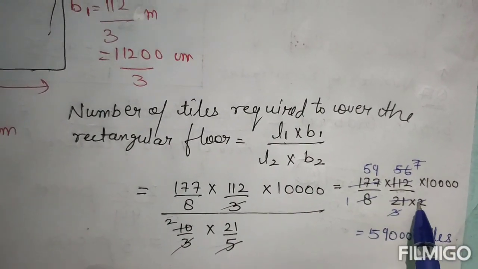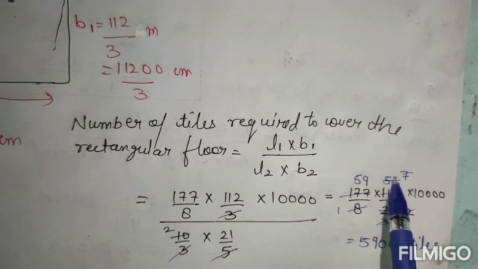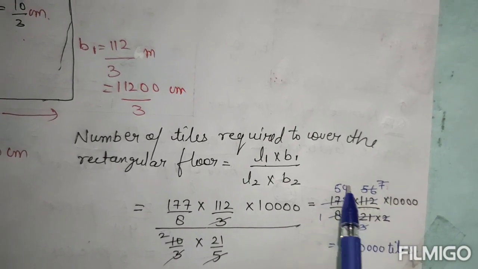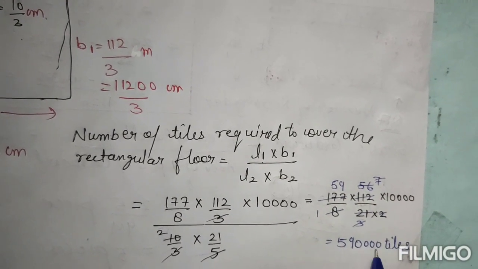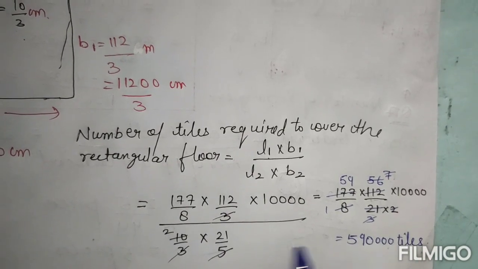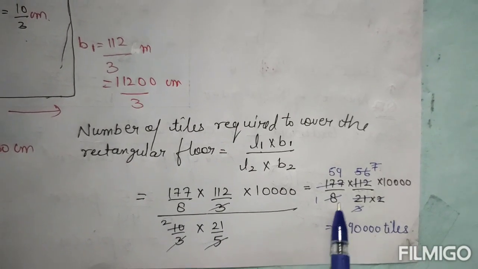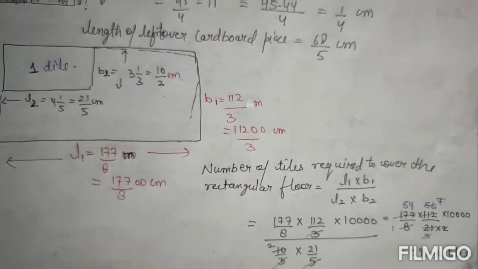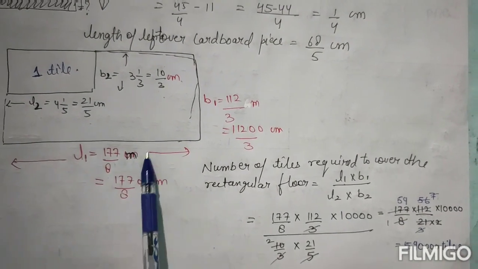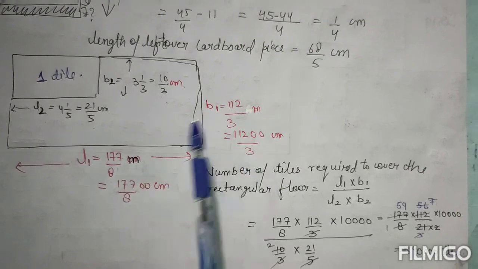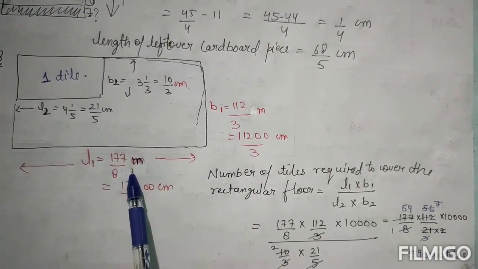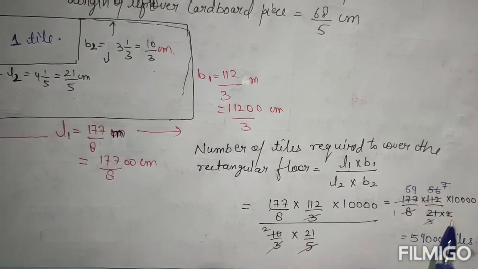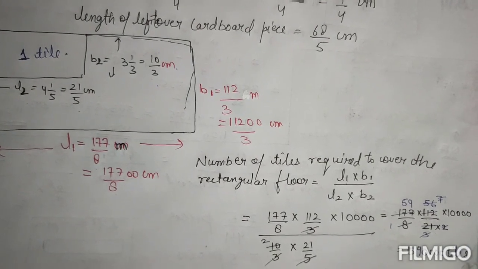So look here, first of all I multiply 2 with 112, it will be 56, 8 7s are 56, 7 3s are 21, and 3 59s are 177. So 59, how much, 1000 tiles, 59,000 tiles. So this many tiles will be required to cover this whole rectangular floor. Okay, if it is centimeter, both will be in centimeter, 177/8 centimeter and 112/3 centimeter, then your answer will be just 59 tiles. Okay,